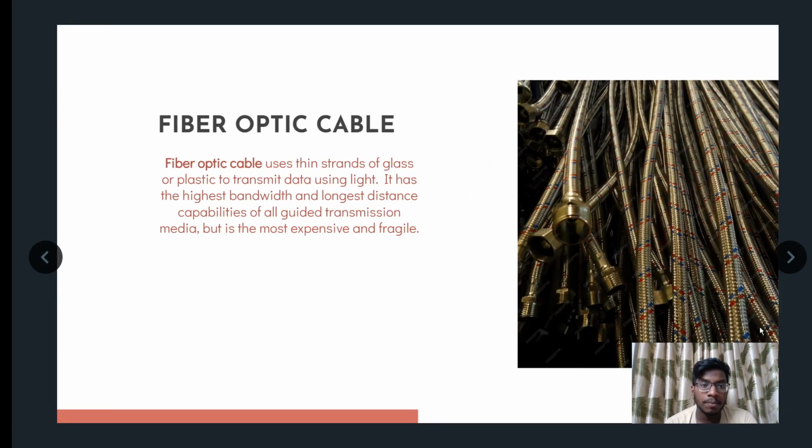The third one is fiber optic cable. The fiber optic cable uses thin strands of glass or plastic to transmit data using light. It has the highest bandwidth and longest distance capabilities of all guided transmission media, but it is the most expensive and fragile. It has the advantage that it can travel long distances and also has the highest bandwidth. But it is the most expensive and also fragile when compared to the other two guided